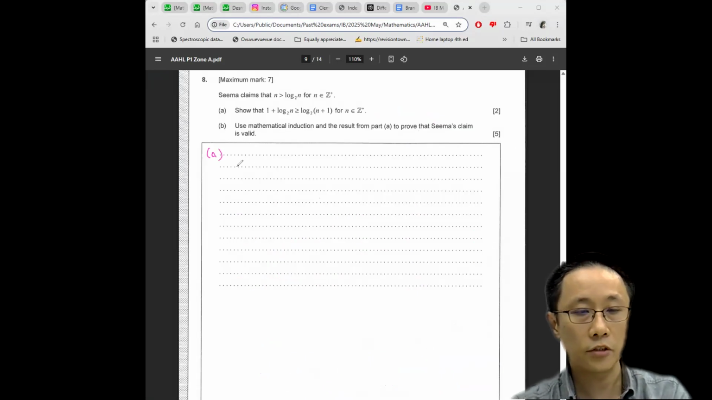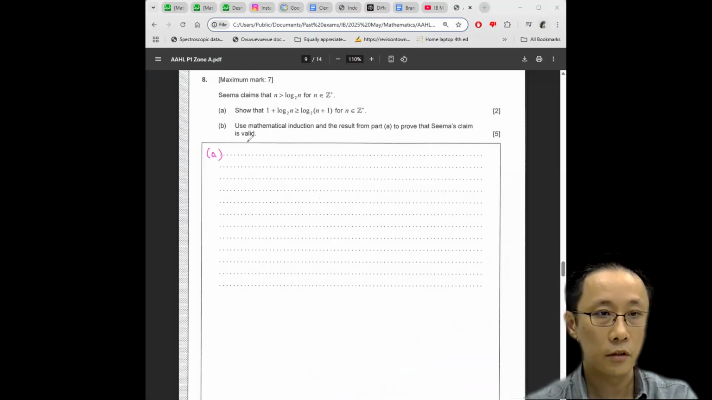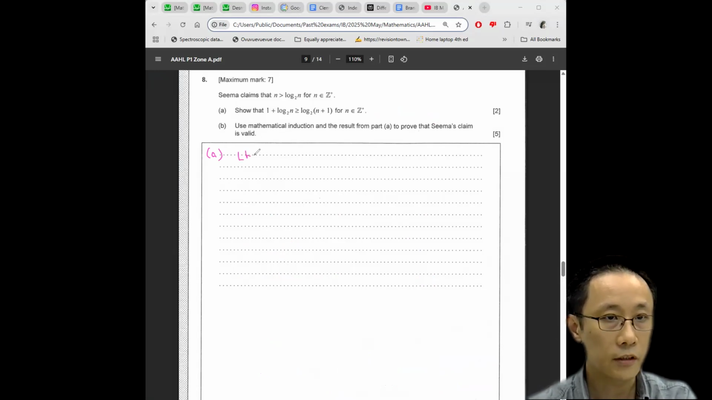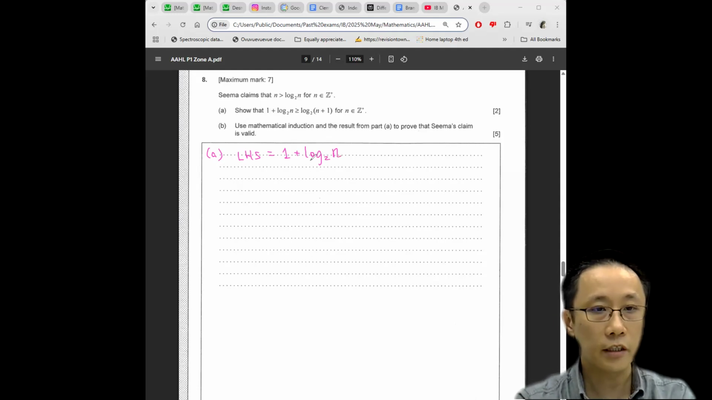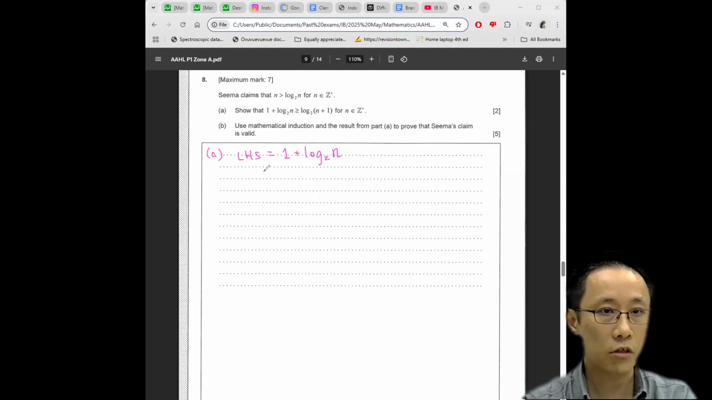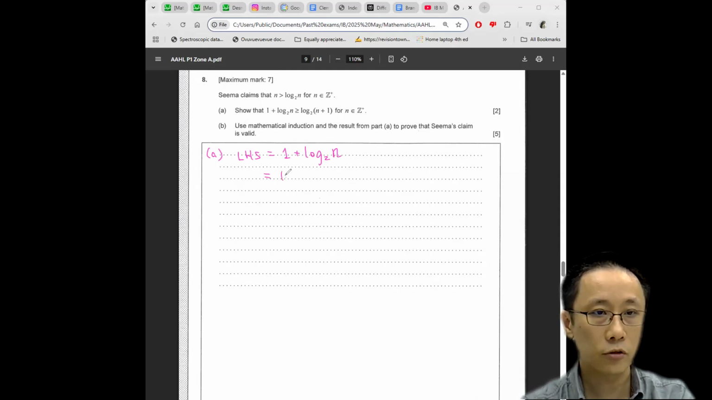Question 8 now, some induction question involving inequalities. Well, let's address the proof in part A first. So left-hand side equals 1 plus log 2n, so nothing new, just copying the original. Because the target right-hand side is in the form of a single log, it's probably a good idea to rewrite the 1 as log 2,